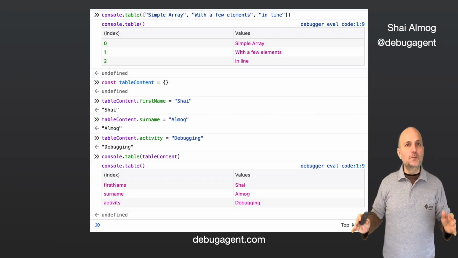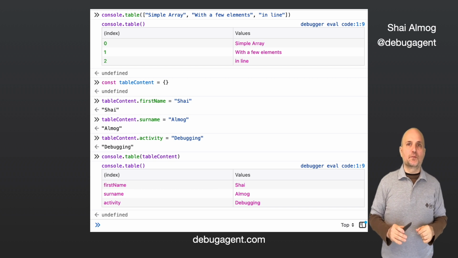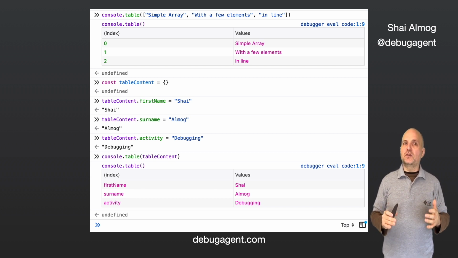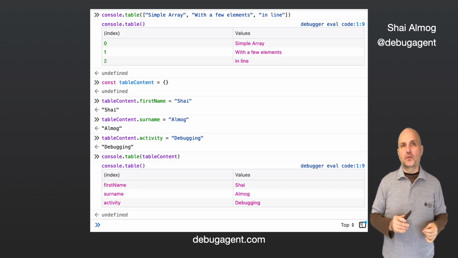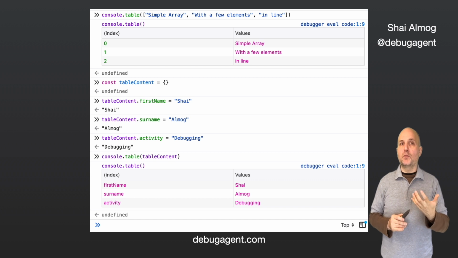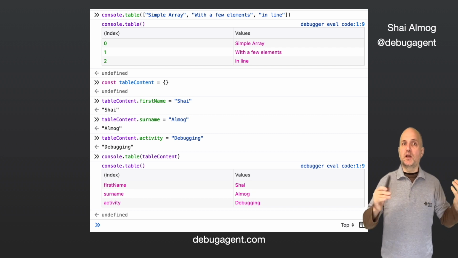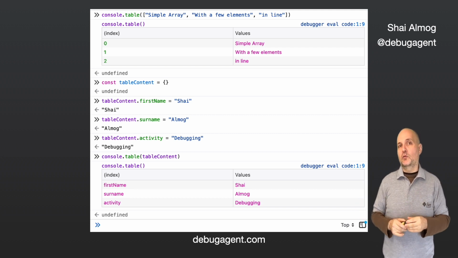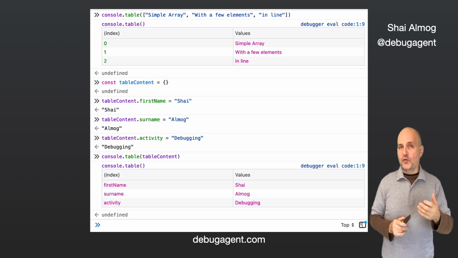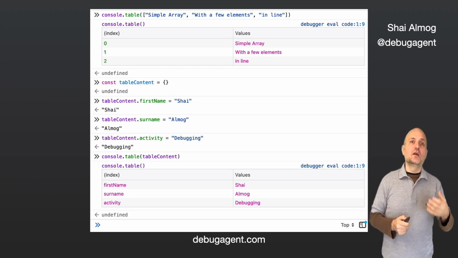We can apply deep formatting to printed information. One common example is printing a table of data. See the code on the top here, which can print a table with the array of items. We can create more sophisticated examples by printing an object as a table. As you can see at the bottom area, the elements of the object become the columns and rows of the table. This is a very convenient way to view data in the console.